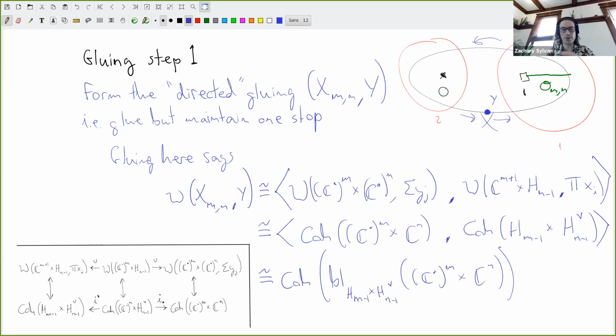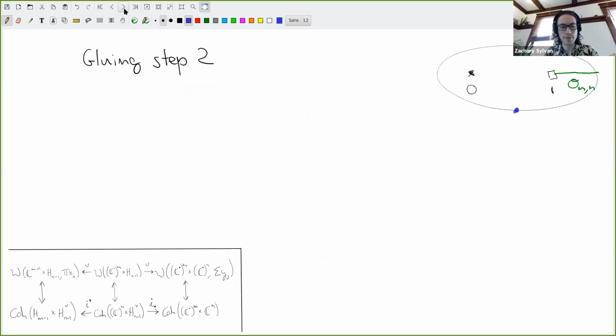Okay, but we want the undirected thing. We want the one without a stop. So now we need to remove the extra stop. And we have a formula for that too. So stop removal says